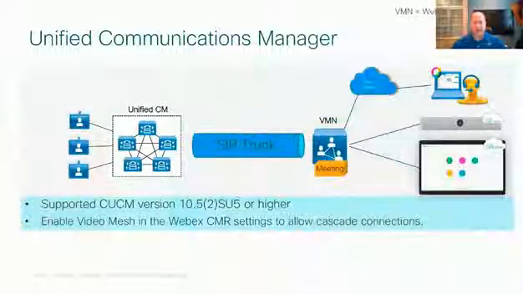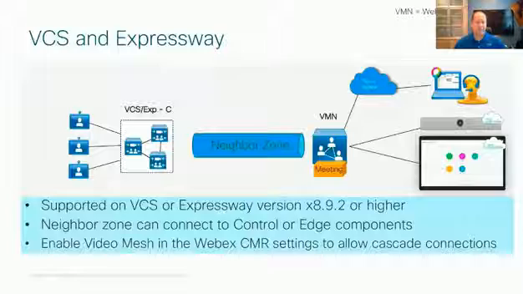So I mentioned this integration with on-premise devices. There are two ways you could do this. If you have an existing Communications Manager infrastructure, just like we talked about for Webex Edge, you can create a SIP trunk, similar to what we did in Webex Edge Audio, and connect it directly into the video mesh node so you can host any of those participants that are registered to Communications Manager. In addition, we could do the same thing for the Expressway registered devices. Create a neighbor zone, which is a similar concept to the SIP trunk, to the video mesh node. So now when I dial 123